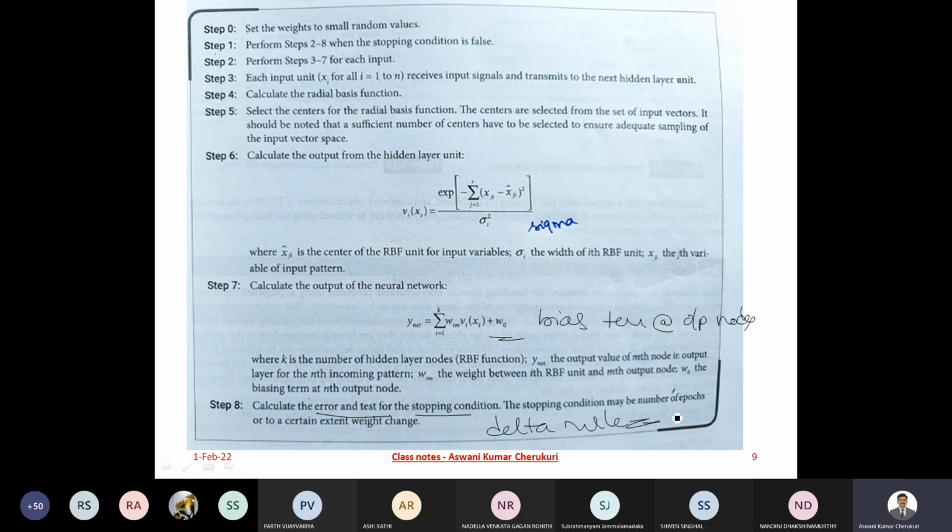So this is how radial basis function networks work, and we have seen the applications of the network in the beginning, for what purpose it is used. That's all. So we will be discussing the